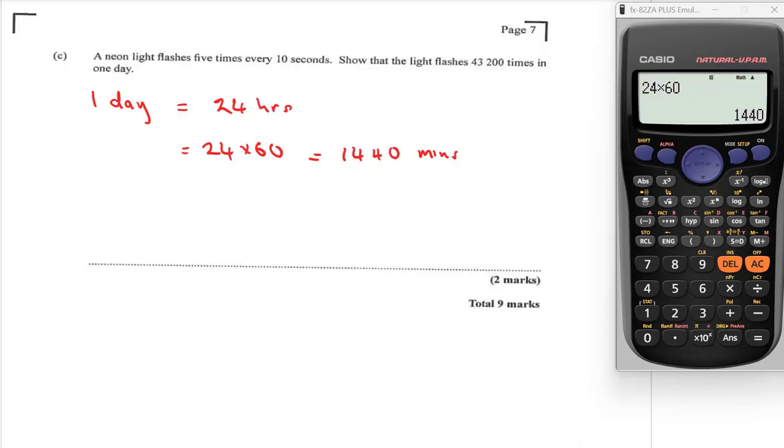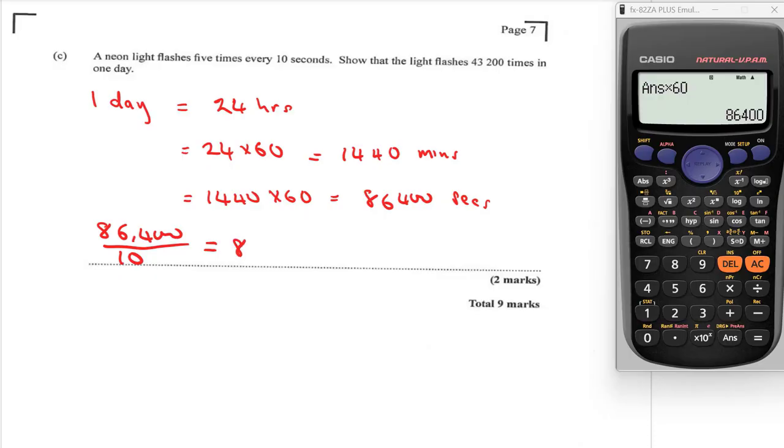We also know that 60 seconds make 1 minute. So we're going to say 1,440 times 60 again. That is going to give us 86,400 seconds in a day. Now, we are told that the neon light flashes 5 times every 10 seconds. So we need to divide this 86,400 by 10, and that gives us